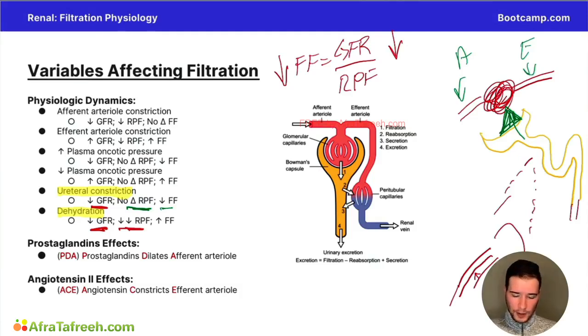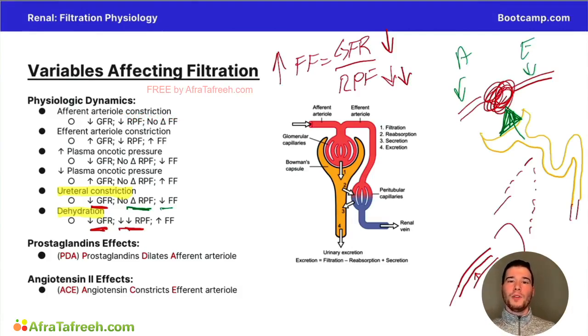And then if you look at how this would affect the equation, if we decreased GFR, but we decreased renal plasma flow more, now we actually cause an increase in filtration fraction. This is a little bit counterintuitive. They both decrease, but the ratio at which they decrease matters here. The denominator decreases significantly more, and that's why the fraction overall increases. This can be very confusing, so I want you guys to really think about this for a second and spend that extra 10 seconds understanding it, because this makes for a tricky question that they'll get a lot of students with,